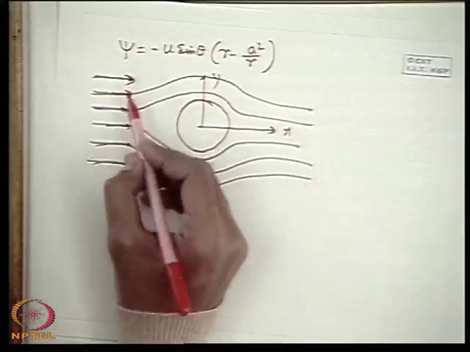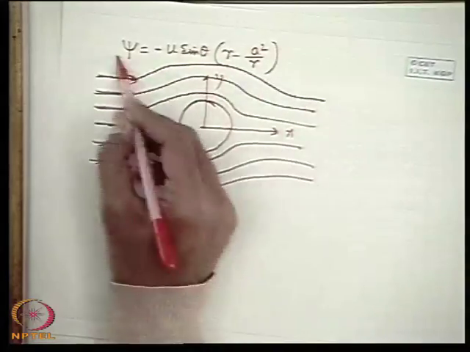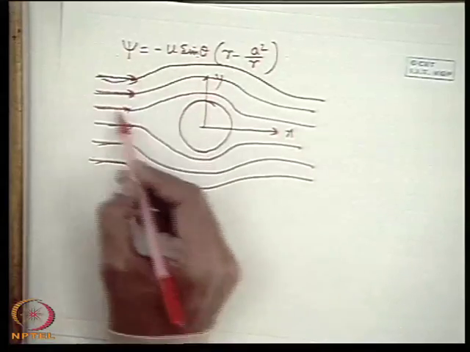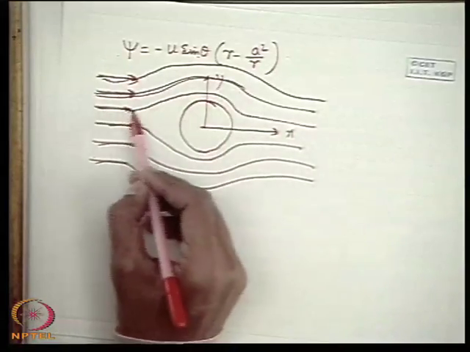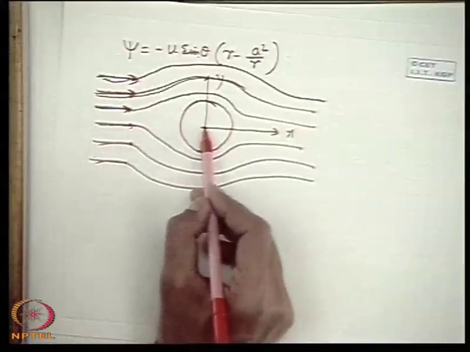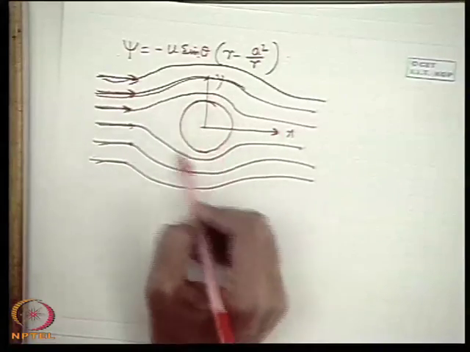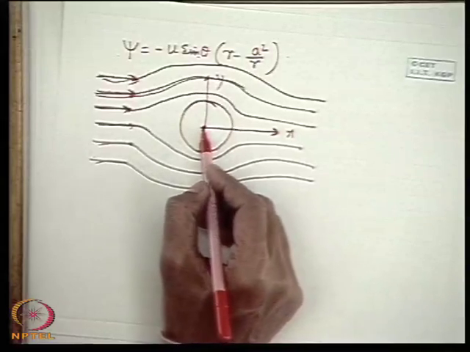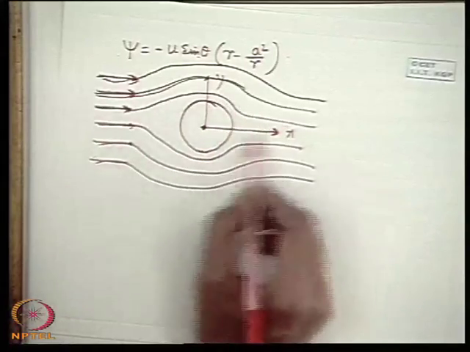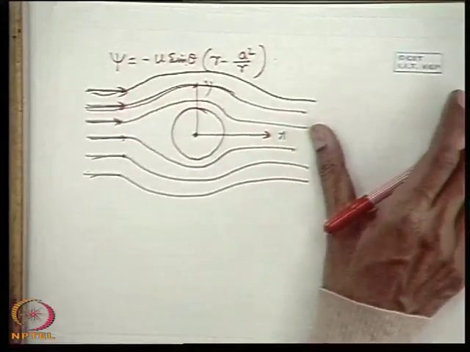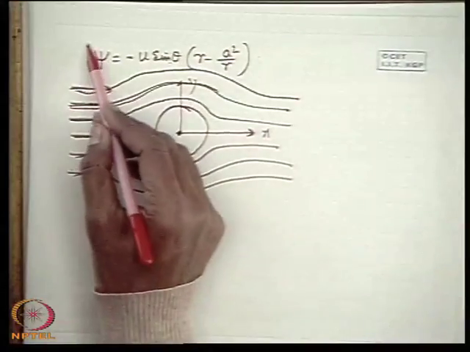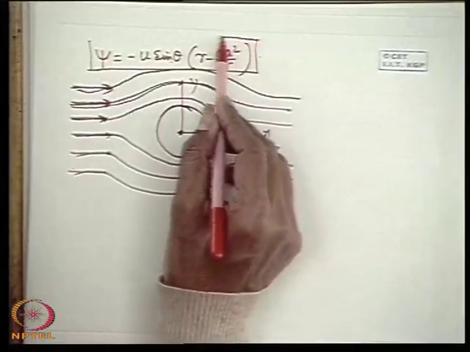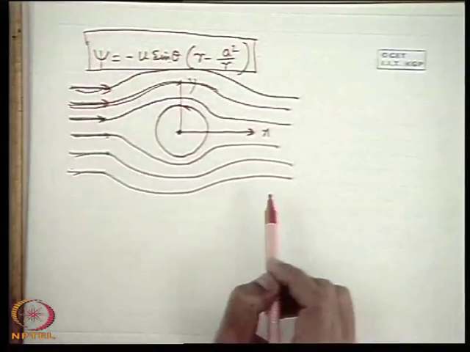That means these psi functions, if we make this equal to constant, the locus given by these theta and r coordinates will be similar to the case when a parallel flow, parallel to this x-axis, for an ideal fluid will be deflected by a cylinder which is placed at the origin, whose axis is at the origin. That means it is the ideal flow past a circular cylinder. So therefore, the stream functions or streamlines for an ideal parallel flow past a cylinder like this can be generated by the combination of a doublet and a rectilinear flow.